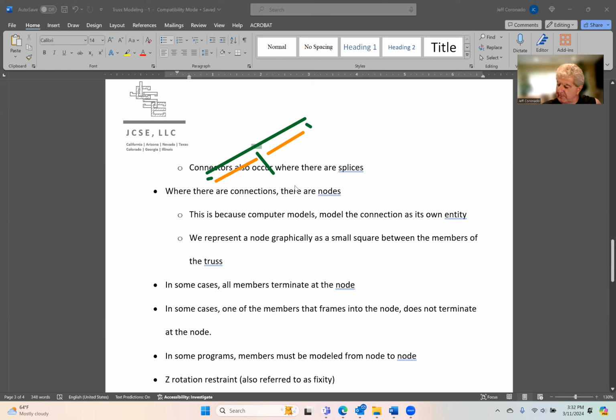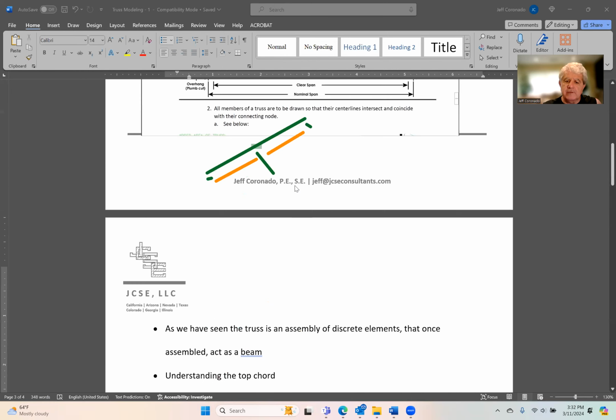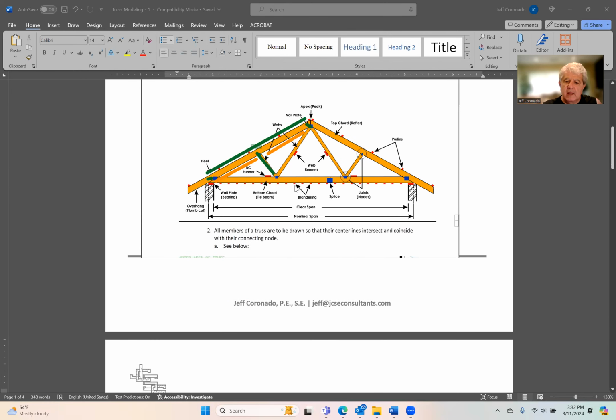So in some programs, members must be modeled from node to node. That's where the concept of the Z rotation restraint, which can also be referred to as fixity, comes in. Because now we have to somehow alert the program that even though these are two separate members that are framing into